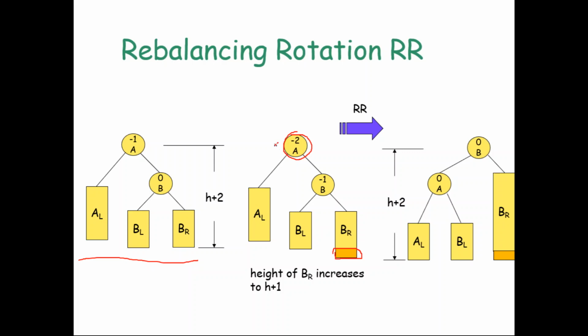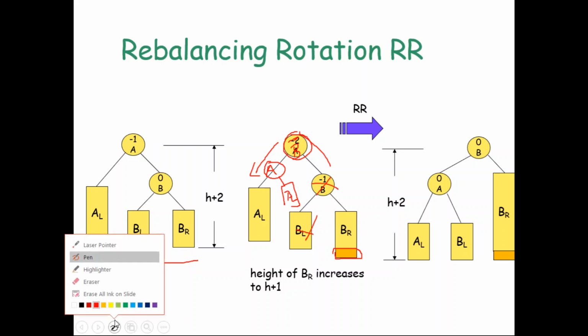When you perform a left rotation on A, A will come down. If A comes down, then B will go up. So this will become B, and A will come somewhere here, and AL will be the left subtree of A as usual. When B comes up, where will BL go? BL is less than B, but actually it is greater than A. So it will become the right subtree of A, and B will go up. So this is the change that you will get.